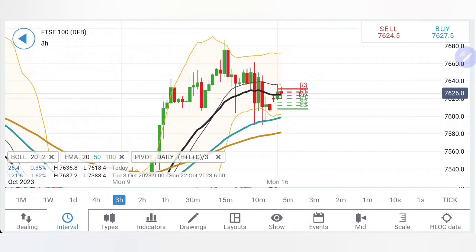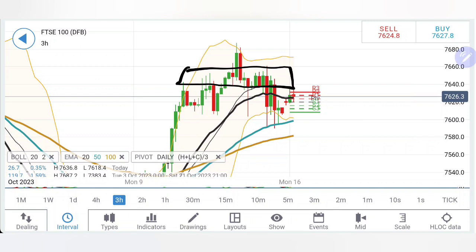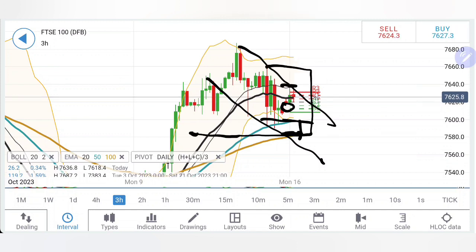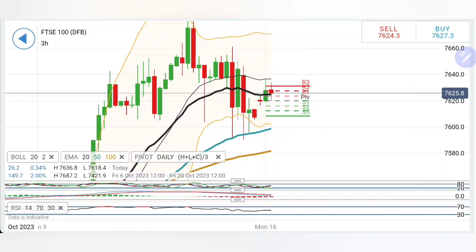Coming to 3-hour charts, see, on the 3-hour charts, one should note a much stronger resistance exists between the 7640, 7660 zone. Now only if 7660 is breached, we should treat FTSE 100 as bullish, else it is trading in this bearish channel. Also, there is a slight gap left to be filled, and yes, only below 7600 and 7580 is where the bears will take over. Thus, this complete zone between 7660 and 7580 is where we are going to keep a focus on. In fact, once you see the price is staying above 7640, we can initiate a buy, but this is going to be a greater resistance. Remember this fact. Those who want to take a safer entry should wait for 7660 to be breached.